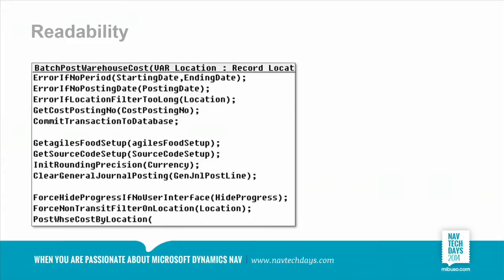It's valid for any other developer who comes like half a year after that and needs to enhance that functionality. He can very easily understand what people have done, why they have done it, in what order they have done it, and also these functions, as you said, commit transaction to database, they are so tiny, you detect any error in that function immediately. They only do one thing, and they're very good at doing that thing. And if they don't do that thing, or if there's an error in that, it's very easy to spot.